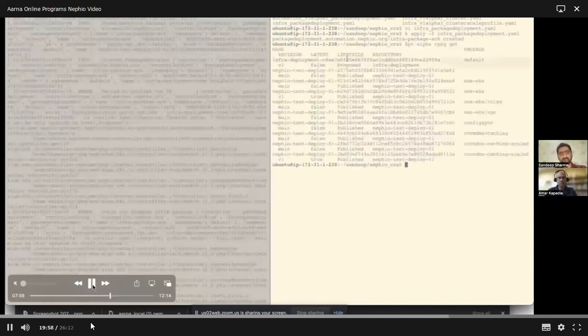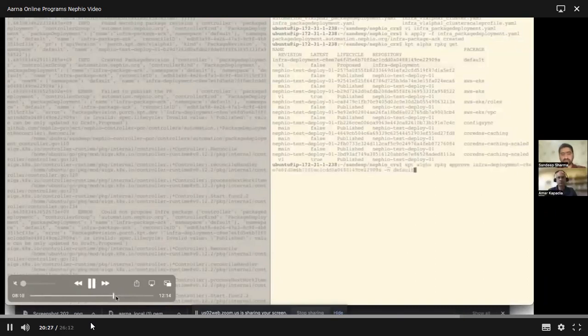So we will list the packages now. As we see, the highlighted package here is the one that is pushed by the controller, and it has the EKS KRM objects. This package is in proposed state, and we are going to approve it manually, and the approved packages are synced by the config sync. With this command, we are approving this package. As soon as we approve it, in the backend config sync would have synced this package, and that will start the creation of the EKS cluster.